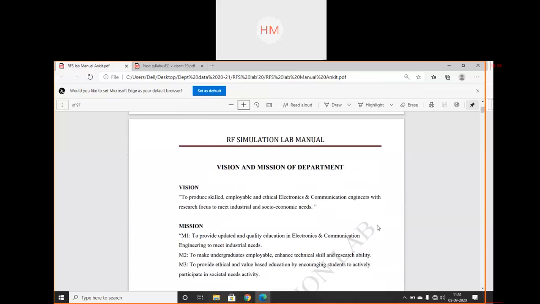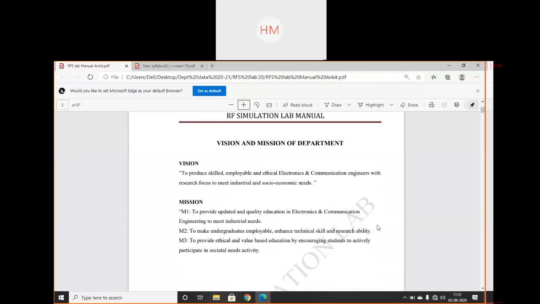Then the mission and vision of our department. We belong to Electronics and Communication. So as students, what basics should we know? Vision: to produce skilled, employable and ethical electronics and communication engineers with research focus to meet industrial and socio-economic needs.